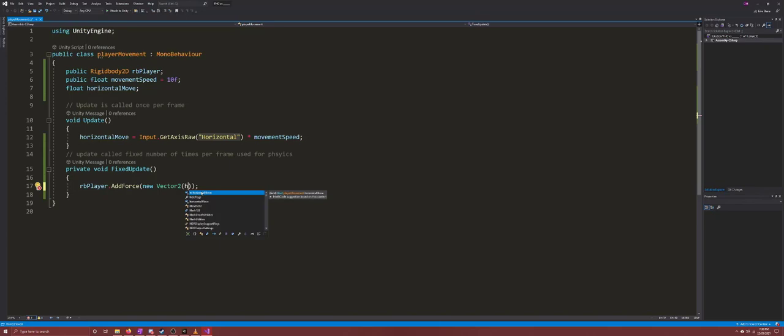So in this case, we want to put in this horizontalMove in here. So if we just go horizontalMove, and then we want to go 0, because obviously we don't want to go anywhere up in the y. So remembering that this horizontalMove is going to be negative 10 as we hold down A and positive 10 as we hold D. So basically we're adding a vector, which is a force being applied to the object, and this value here is its x value, and this value here is its y value. Okay. And so if we press save here, and we come into our game,